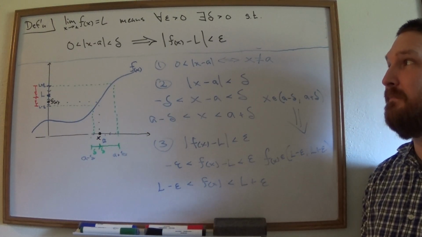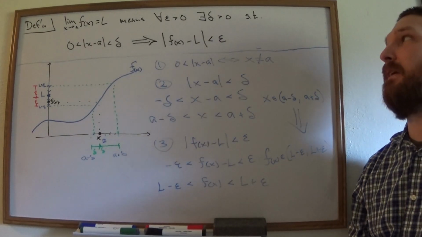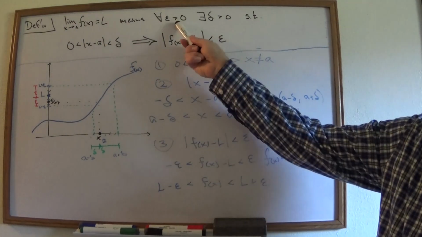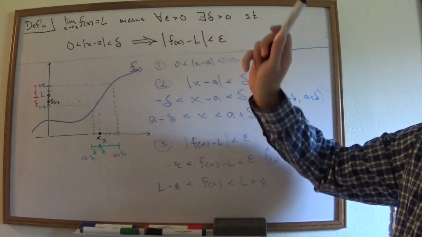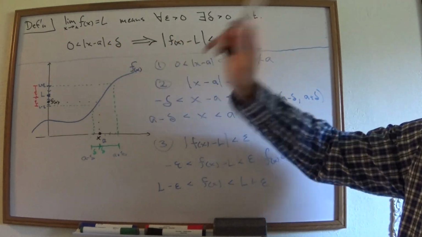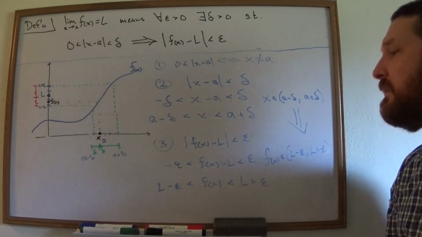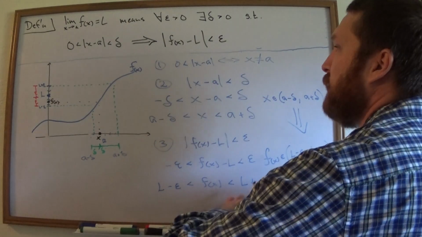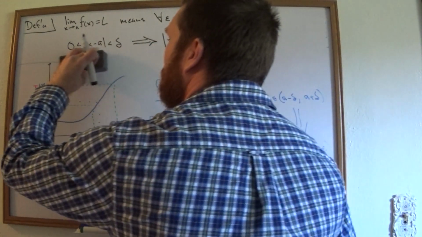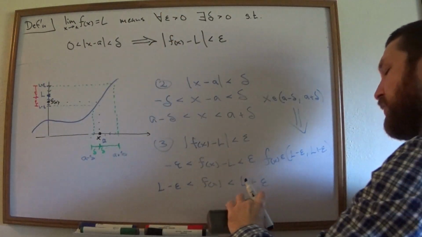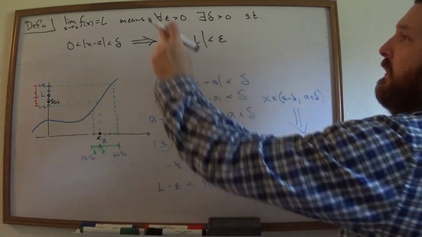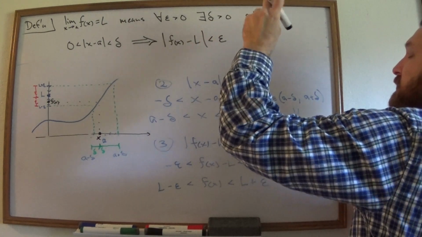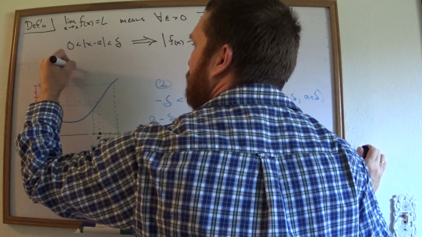Everybody got that? Yeah. And this is a really succinct way of writing it. So this, if and only if, for all epsilon bigger than 0, there exists a delta such that this implies this. Another way you'll see it written, and this is nice, this kind of goes along with the way that you actually do one of these proofs. You could think about it this way, that this means that for all epsilon bigger than 0, there exists a delta bigger than 0 such that this is true